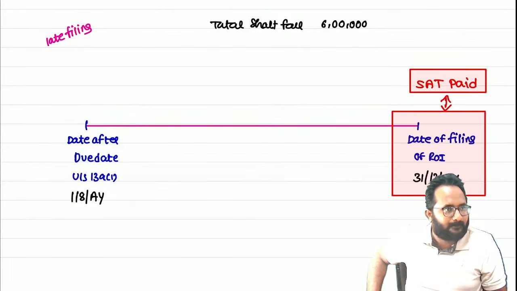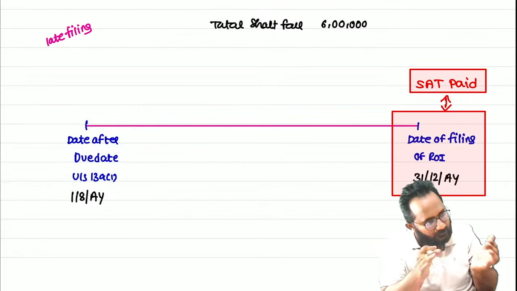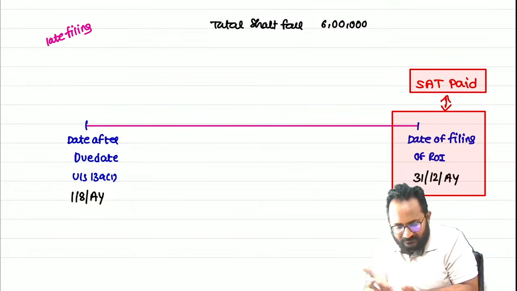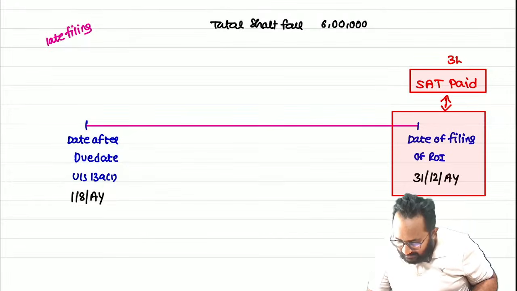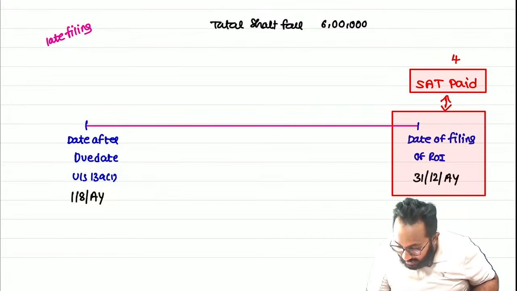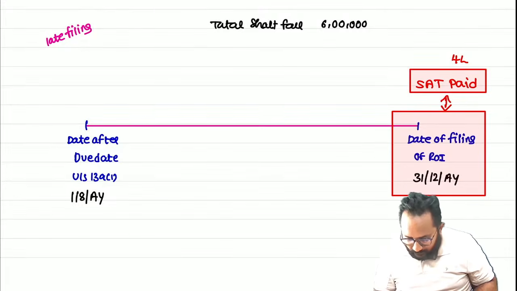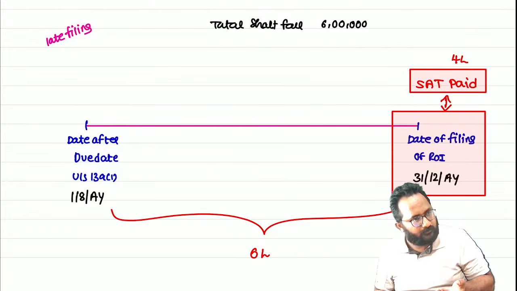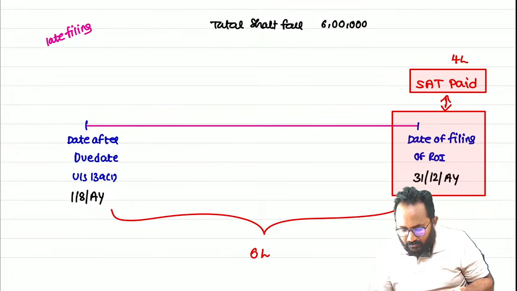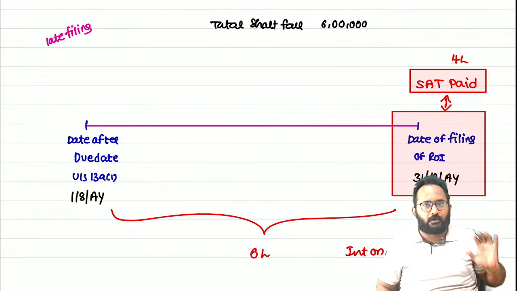No. When will that interest burden reduce? In between the period, if you paid self assessment tax, that interest burden will reduce. Here shortfall means what? Okay, you paid 4 lakh on that day. No use. Why? In this interest computation period, if I am asking the shortfall, it means 6 lakh. When the shortfall is not reduced on this day, no use. Interest also we have to calculate on 6 lakh only.